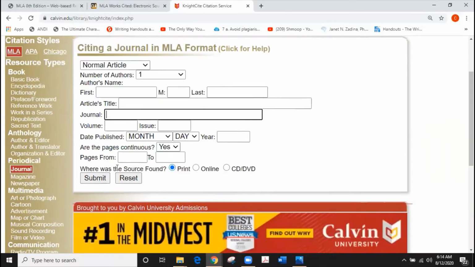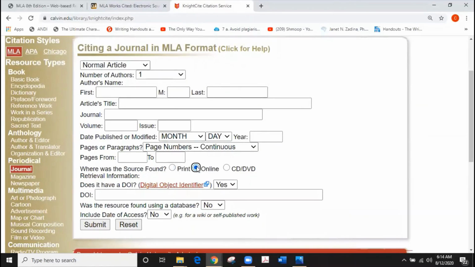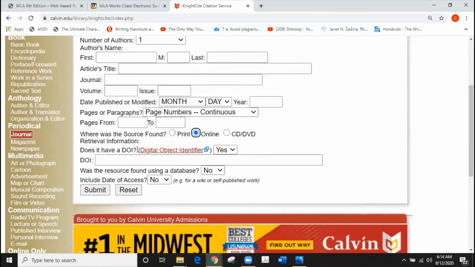And then as you move towards the bottom of the page, this is where you want to make sure you're clicking things and you're adding things in to get that to expand. You want to make sure that you found it online. If you did so, you click on that. Then it's going to prompt you with the DOI and explains what that is, and then you can add it. But if you don't have it, it will prompt you to add the URL instead once you change that box.